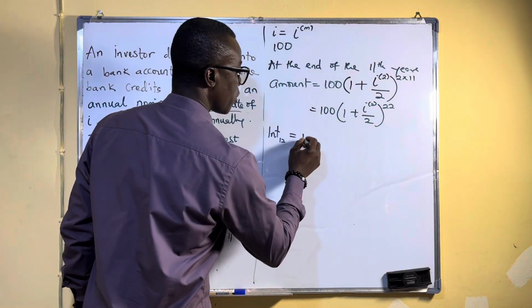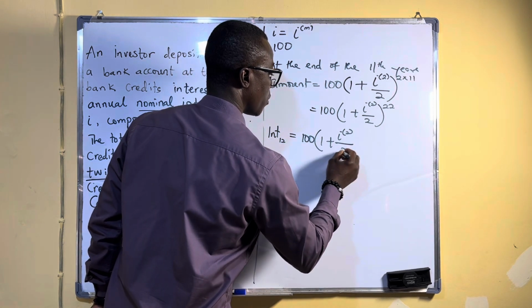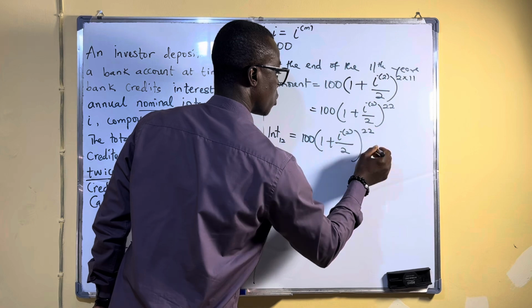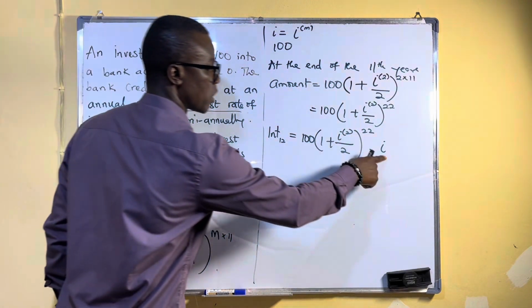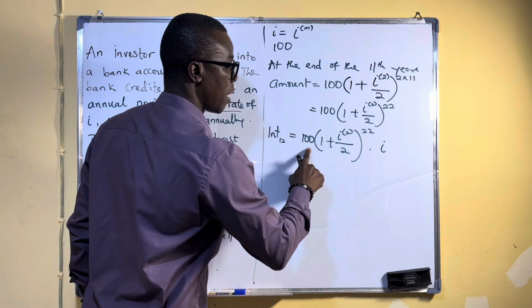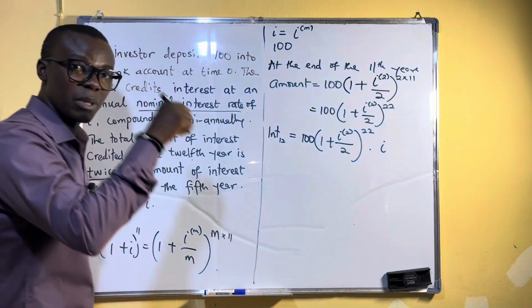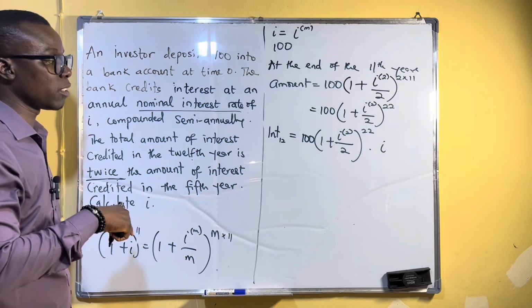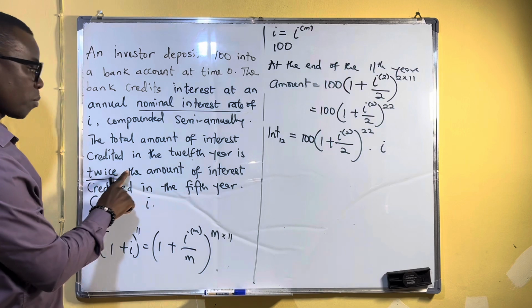So I'm going to have 100 into (1 plus i^(2)/2) to the power 22 times i, right? So when I multiply the amount at the end of the 11th year by the annual effective interest rate, it will tell me the interest that was credited in the 12th year. So this being done, I'm going to focus on the next aspect, which says that